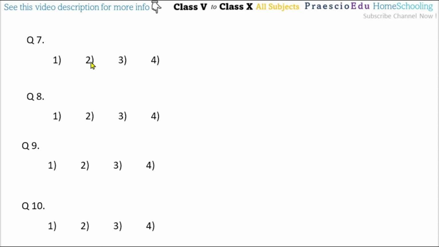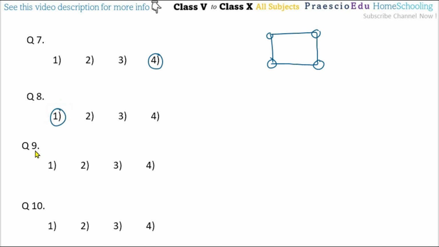Then question number 7, which of the following is a wrong statement? Option number 1 to 4 are there. Option number 4 is the wrong statement: all the sides of the rectangle are of equal length. No, all the sides of a square are of equal length. A rectangle doesn't have equal lengths; only opposite sides are equal. That's why option number 4 is the correct one. Then question number 8, how many vertices does a rectangle have? A rectangle has 1, 2, 3 and 4 vertices. 4 is given in option number 1.